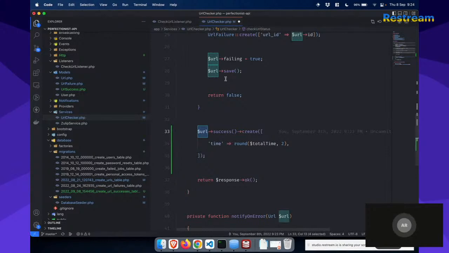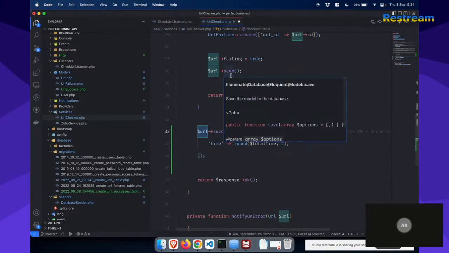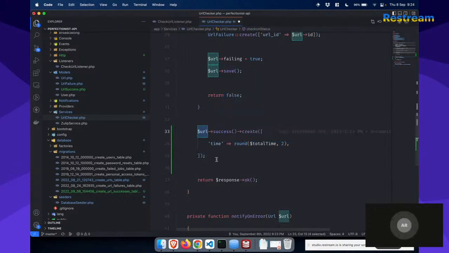For the failing, obviously I don't need to, because if the site is slow, I don't want that slow time or the higher response time to add to the average. So maybe what I will do is, I'm just thinking how I can get a list of